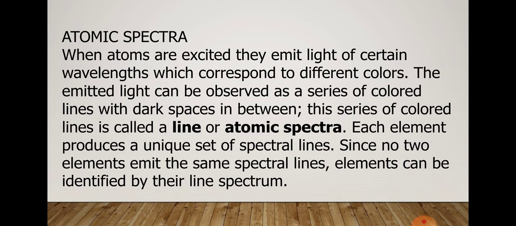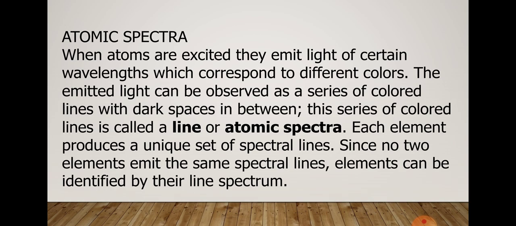The next usefulness or merit of Bohr's model was the explanation of the atomic spectrum of the hydrogen atom. Before explaining the atomic spectrum of the hydrogen atom, I would like to make you all aware of atomic spectra. This is also in your course. This topic came before Bohr's model. Here, in the significance, I am going to explain about atomic spectra. Concentrate carefully and listen to what atomic spectra is, and this is the evidence for the quantized electronic energy levels.